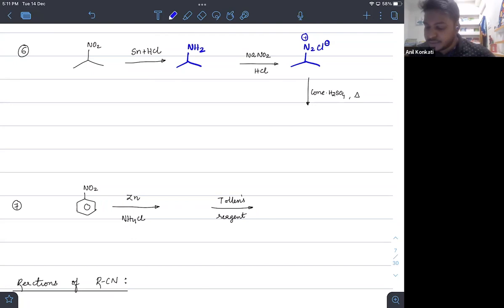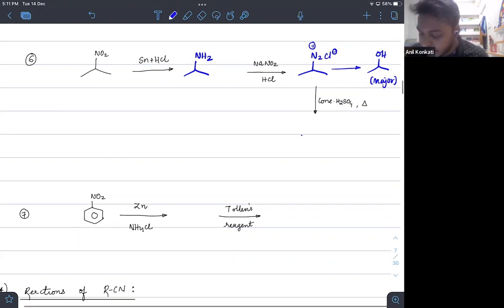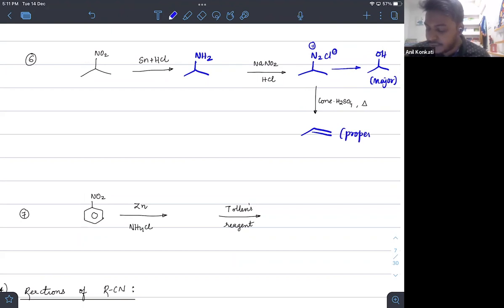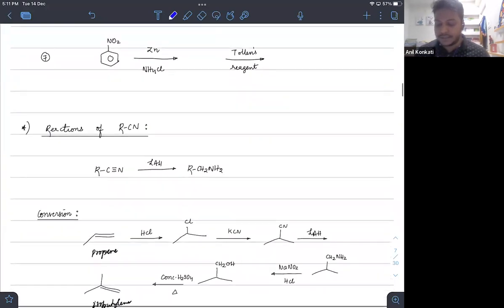And we know that the major product of a diazonium salt, because it is in aqueous solution, will always be a substituted alcohol. So this is the major product. So neglect all the other products and start the reaction from here, okay? So we got an alcohol, and in concentrated H2SO4 we always expect that elimination, dehydration, will be favored. So the final product you are expected to find in the exam would be propene. Here, everybody, this is via diazotization.